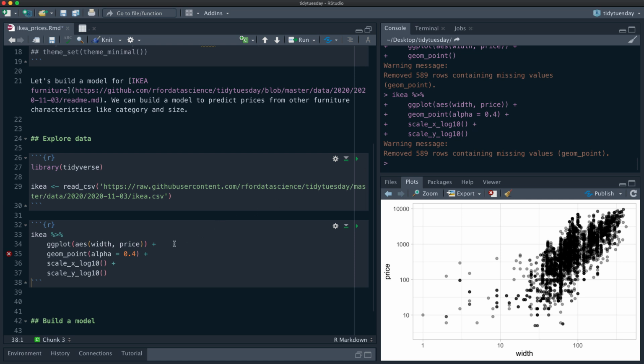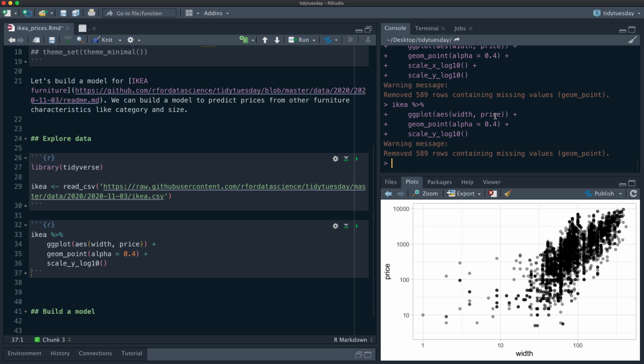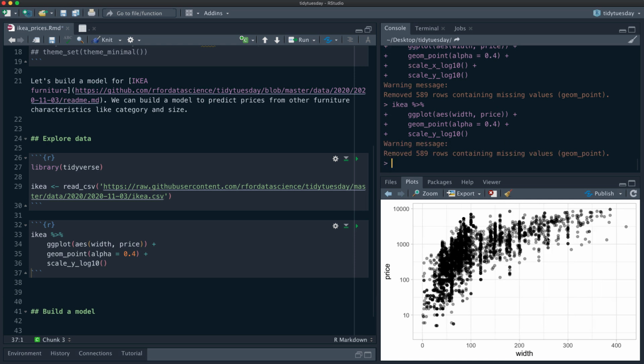I don't know, maybe the width. Should the width be on a log scale? Maybe not. That's a tough one. Maybe we will not put the width on a log scale. It's like 0 to 100, but it's distributed pretty nicely there, so we might just keep it that way. So that's width. But we've got width, height, and depth. So let's